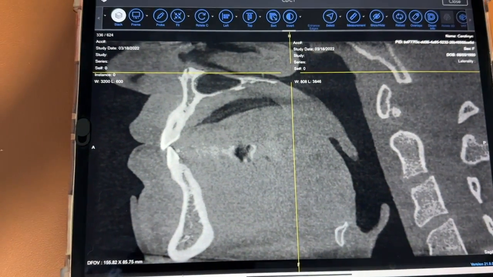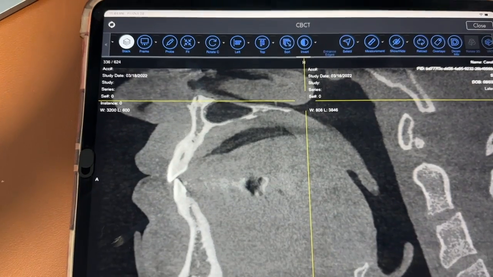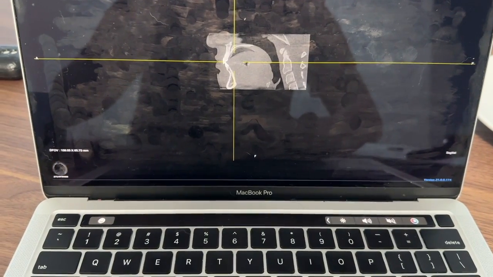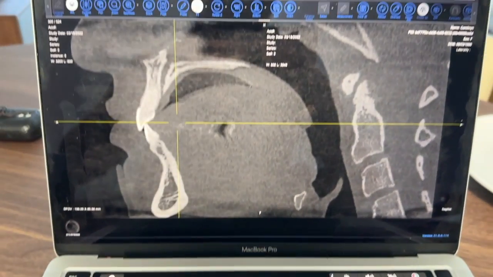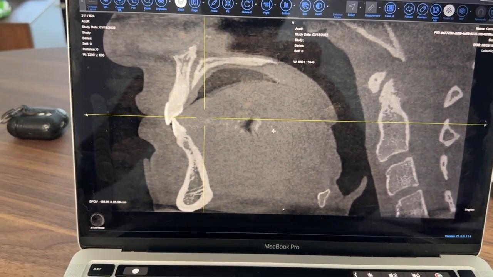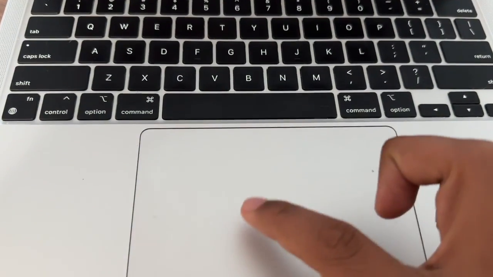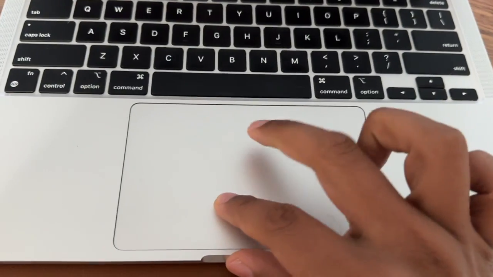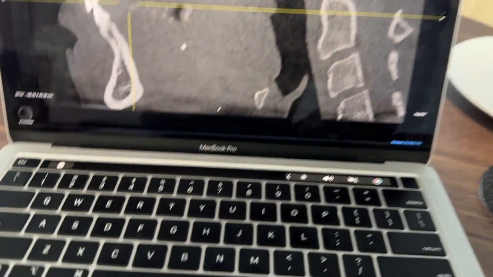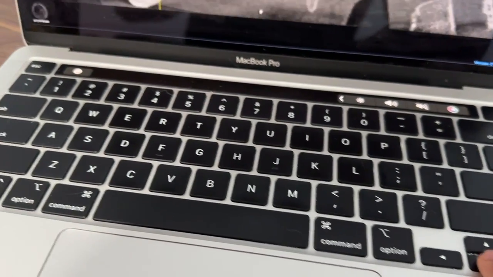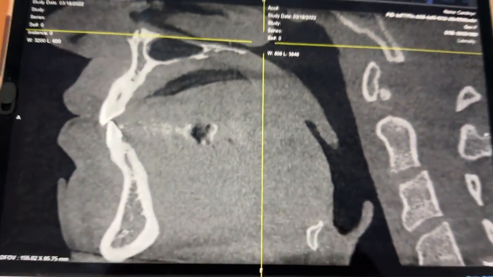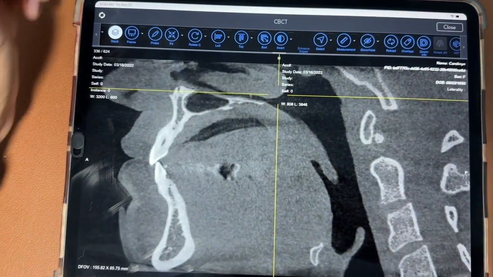In case you're using the MacBook, then let me just change it to here. In that case, let's go over here. Let's hit fit. And then go to Stack. Okay, and then it's basically the same thing. You press and hold the keyboard, and then you hover with the other finger, or that's even easier, you can just go over here and change it by using the arrows. Okay, let me go back now here to the iPad, and